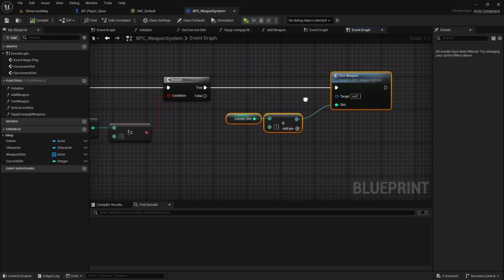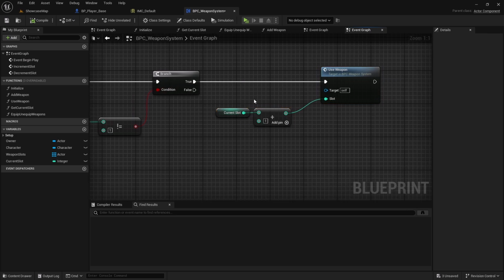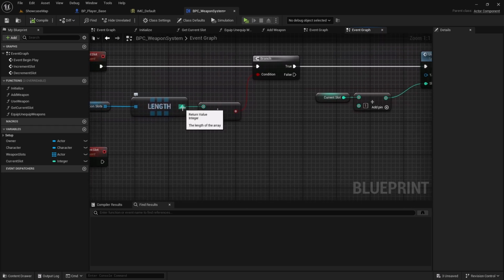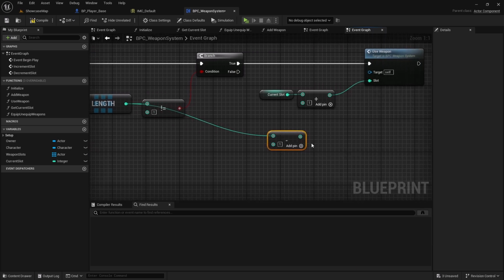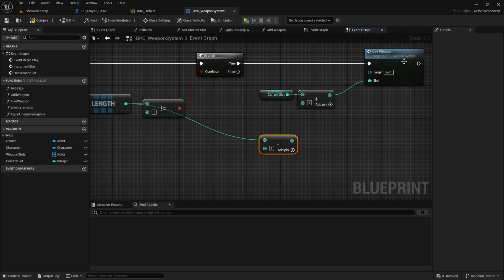But yeah, first, in order to implement that, we need to decrement the current slot based on the value that we have. So let's first get the length of it, and -1, and then in order to decrement or go back to the first weapon, in order to round robin or go back to the initial weapon,